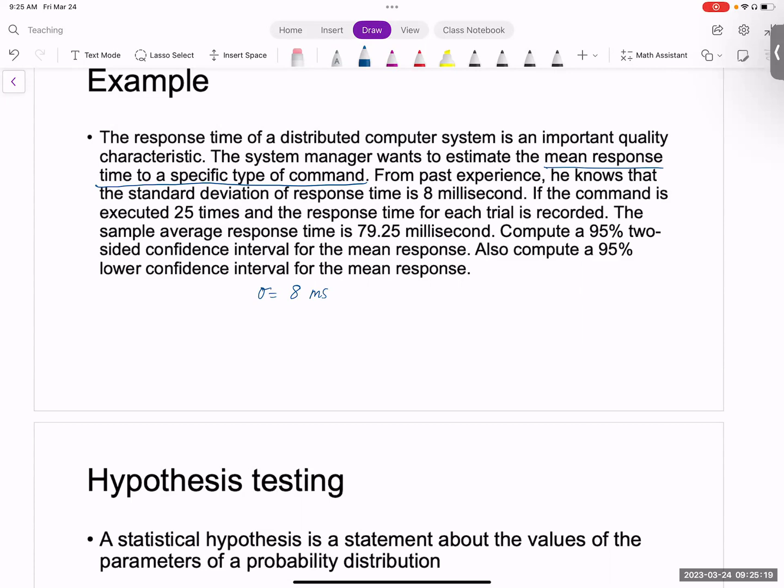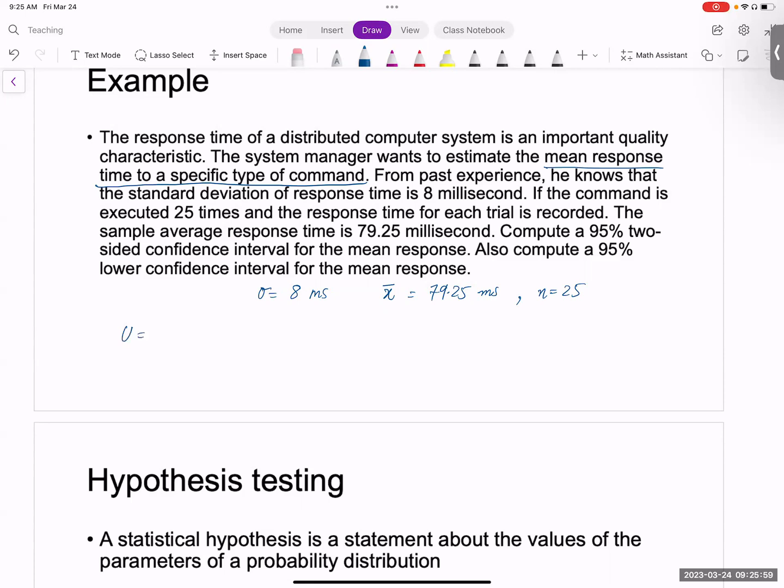If the command is executed 25 times and the response time for each trial is recorded, the sample average response time is 79.25 milliseconds. Okay, so it gives you the sample average response time, which is 79.25 milliseconds. And then it is also saying that you have collected 25 data points by executing this command 25 times. Compute a 95% two-sided confidence interval for the mean response. Okay, so two-sided would be